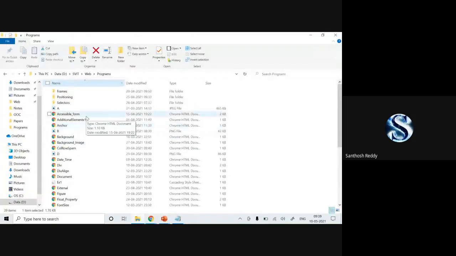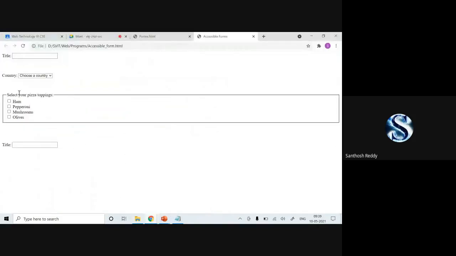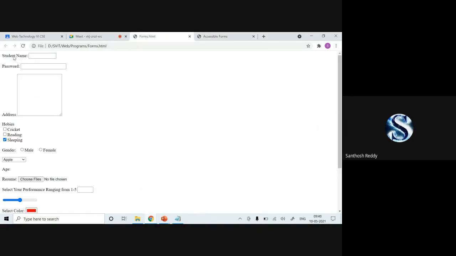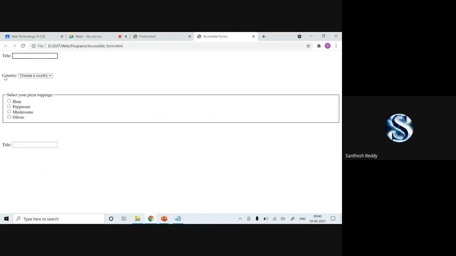I think accessible form here I have written, run it, close it. Okay, see now I'll click on the title. When I click on the title, automatically the text box gets the insert cursor displayed here and it will be blinking. Okay, when I click on the title, you can check it out, it will be accessible. I have not clicked on the text box. Here you can check it out. When I click on the student name, it is not accessible, but when I click on the text box, then only it is accessible. Even when I click on the country, the drop down box is blinking. Check it out. Yes or no?